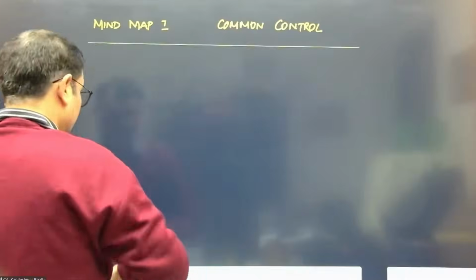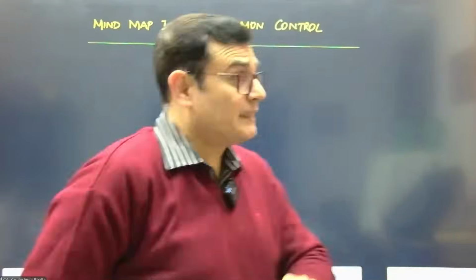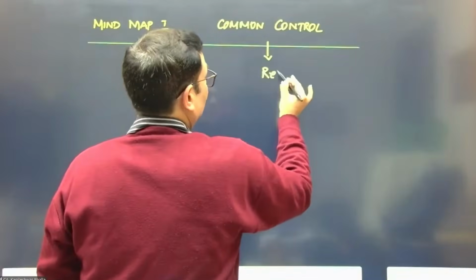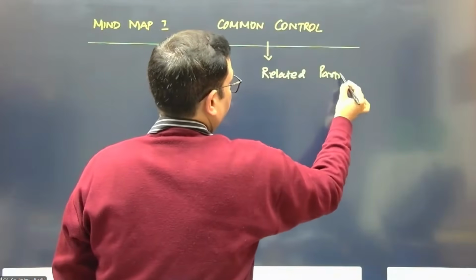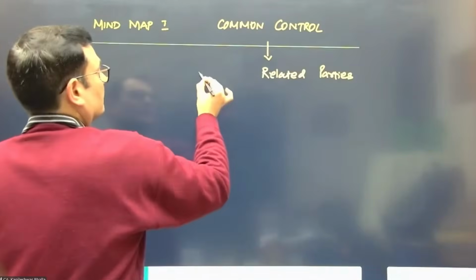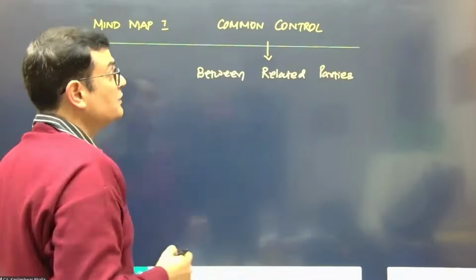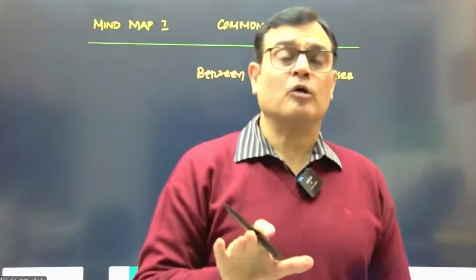Okay, so now the focus points in terms of common control transactions. When you are passing an entry, the first focus is this is a transaction which pertains to related parties. So common controls will happen generally when there is a transaction between related parties. But that does not mean that every time there is a transaction between related parties, it would mean a common control. But if there are no related parties, common control cannot occur.